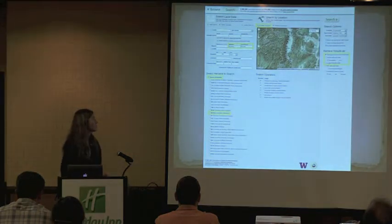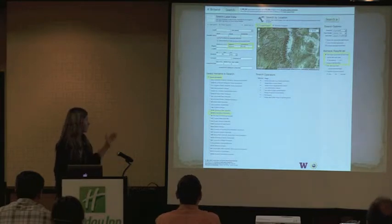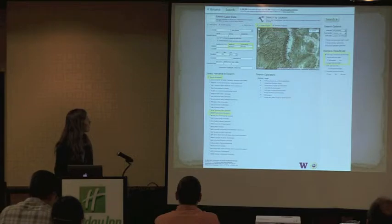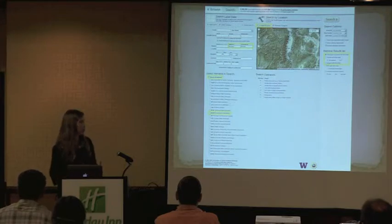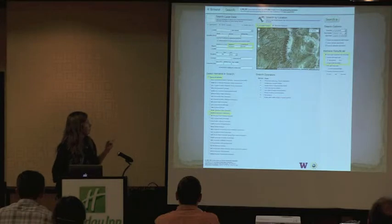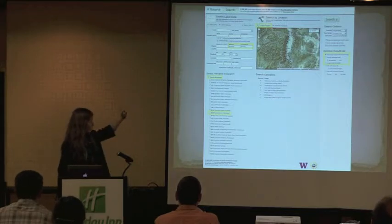So if you go to the Pacific Northwest Herbaria Database search site, you can search for multiple herbaria or just a single herbarium. And if your search isn't confined enough, then you won't be able to search multiple herbaria because it can only bring back so many queries. But this is where that polygon feature came in,